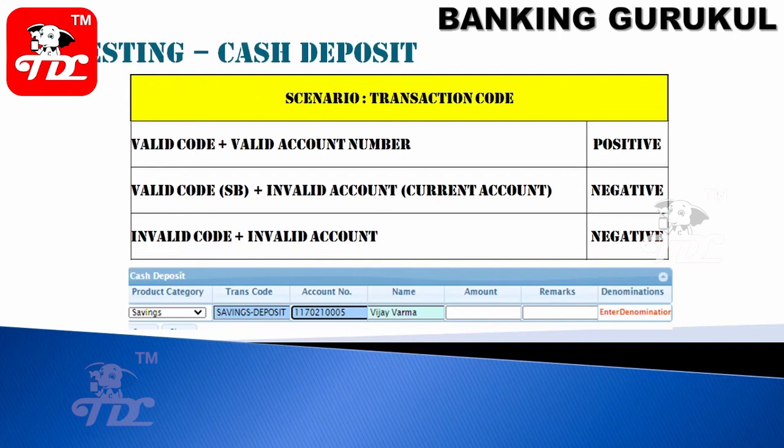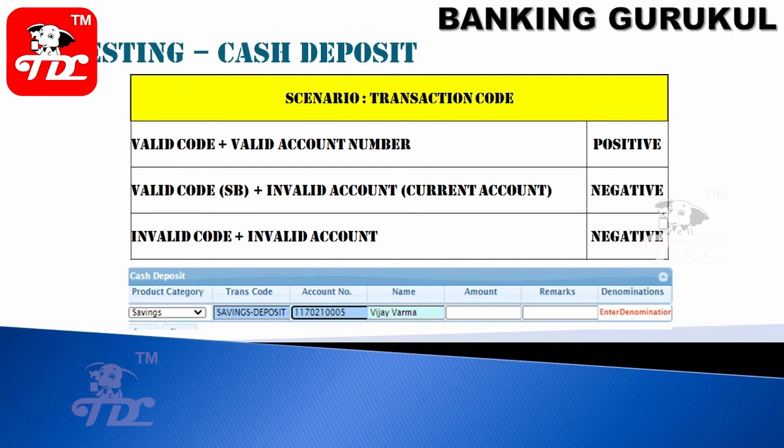I'll have a proper valid transaction code, savings deposit, then I will mention the account number, and only then can I complete my cash deposit transaction. So my first scenario is a valid transaction code and a valid account number. It is a positive scenario.